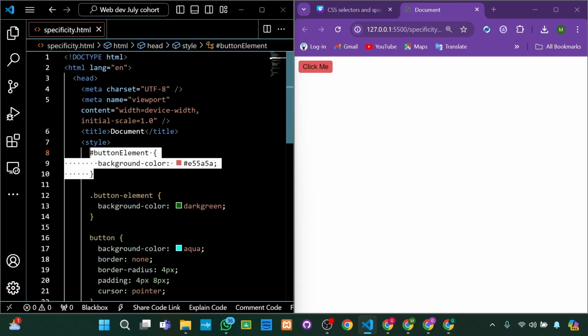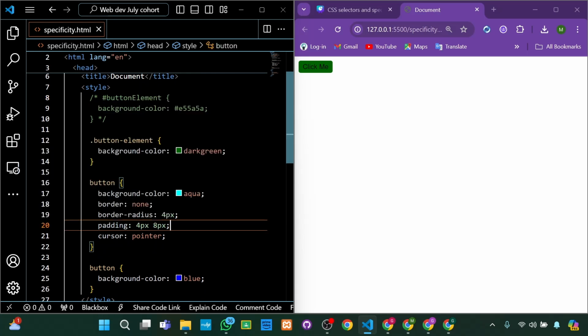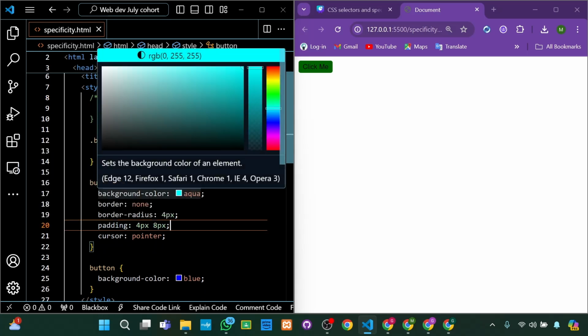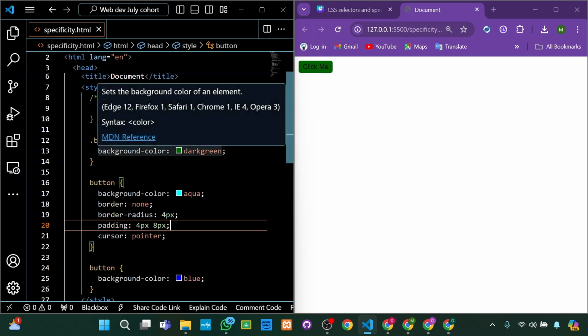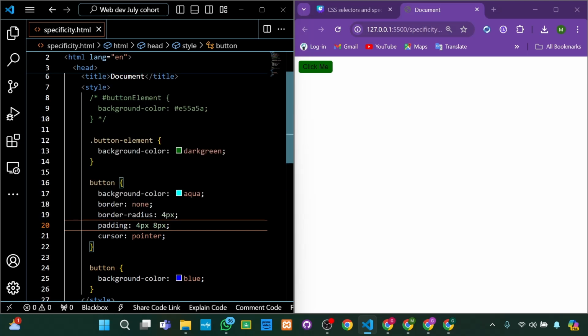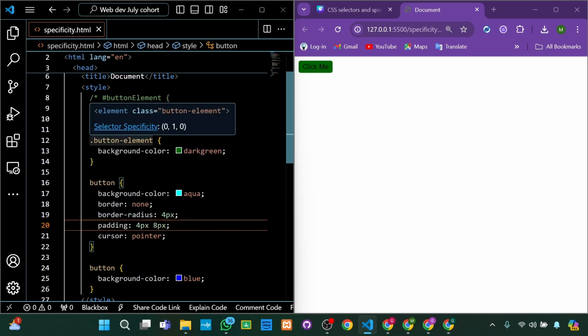So I'll just comment the ID. You notice how it now overrides whatever styling we're giving to the button itself when we called the button element itself. So what happens is that the class selectors have a higher specificity than tag selectors. Even if we define the class selector before the tag selector, the class style up here will still be applied, because even when we highlight over it, you're going to notice the specificity value